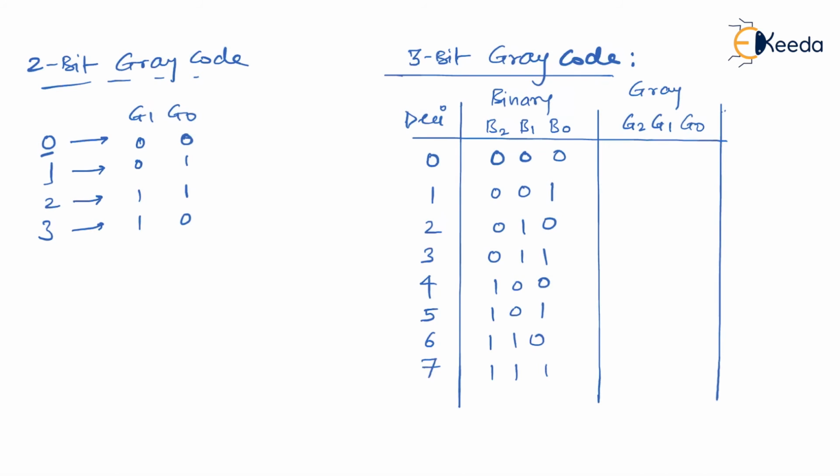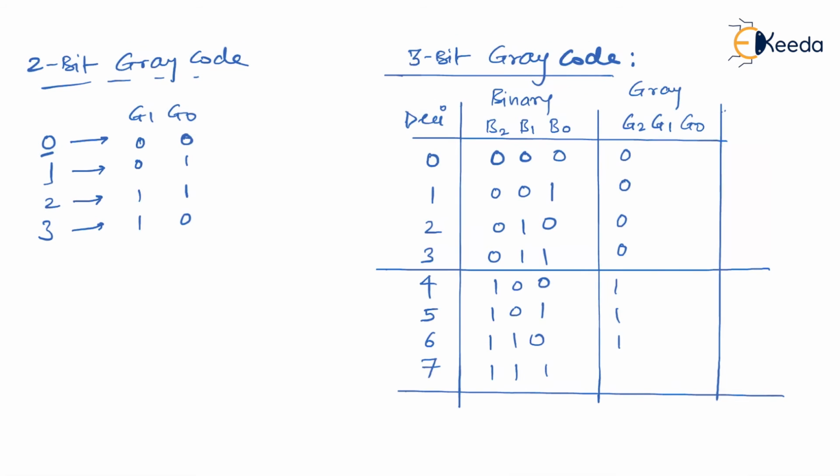Fine. So the first rule: divide this complete table into 2 parts horizontally. Since we have 8 entries, we will have 4 entries on the upper side and 4 entries on the lower side. And then I told you that the MSBs of upper entries should be filled with 0 and the MSBs of lower entries should be filled with 1s. That is in G2, G1, G0, G2 is the MSB this time. And for G1, G0, I'm going to copy from the previous table. This G1, G0 we can copy for 0 to 3.